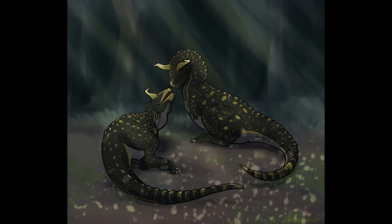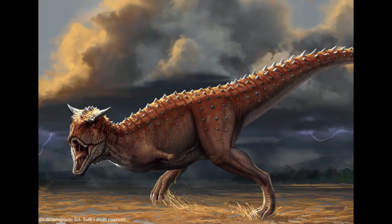These horns are thought to have acted as display features for communication and possibly used for butting contests with rivals, where the animals would push against each other with said horns. This hypothesis is supported by the Carnotaurus' thick and robust neck. Carnotaurus was further characterized by its small vestigial forelimbs sporting